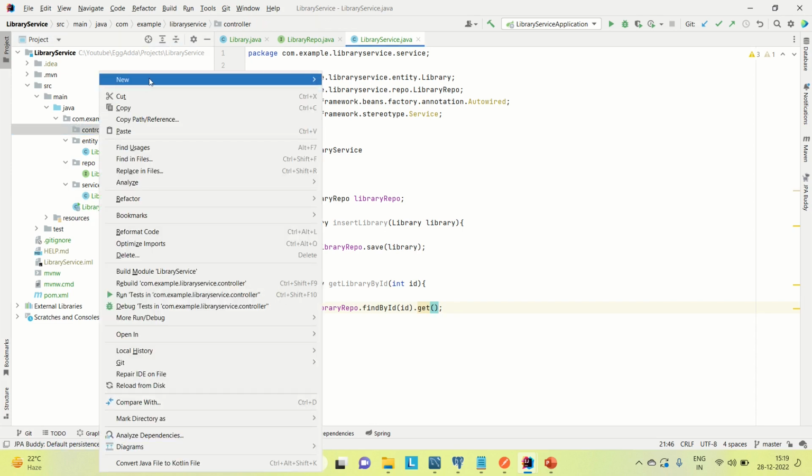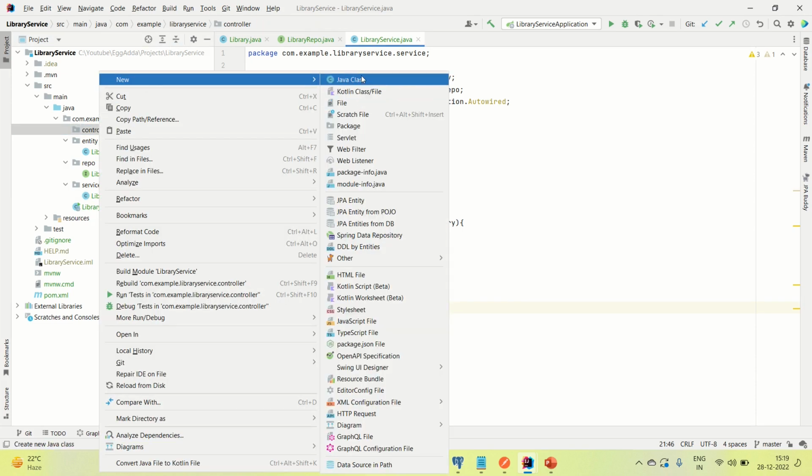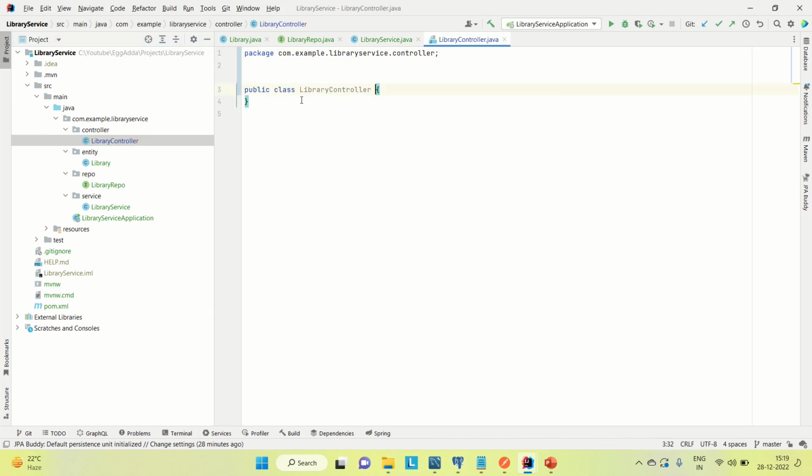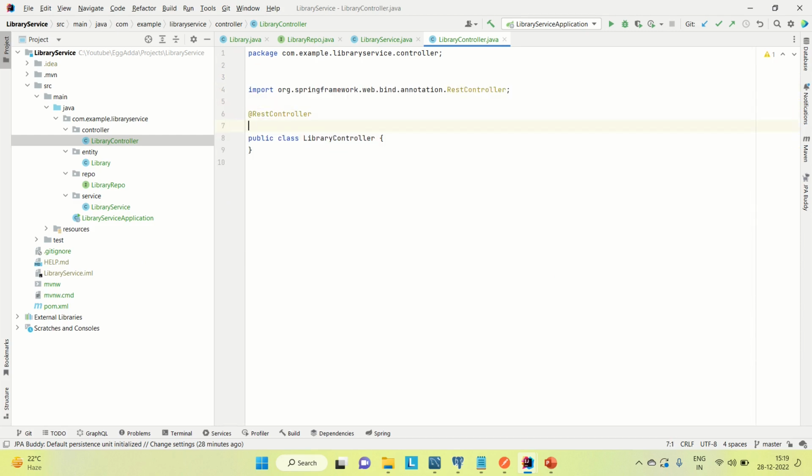Now coming to the controller, let me create the controller for it. So it is library controller. Okay, let me annotate this controller class with the annotation called @rest controller, and @request mapping. I'm going to use some mapping here at the class level. So let's say it is library. Okay, now